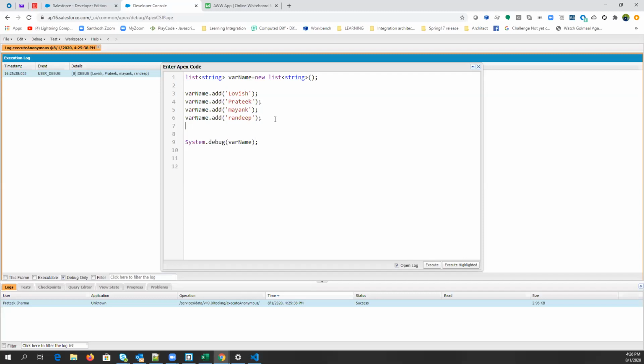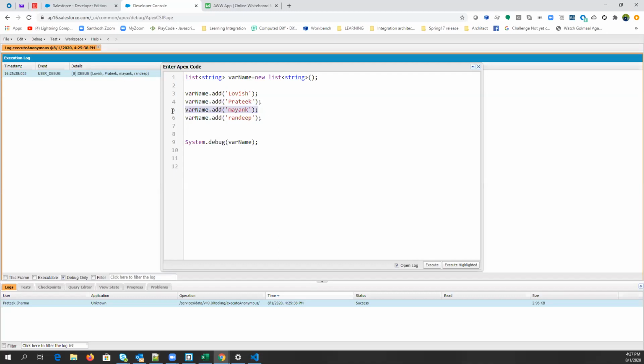But if you want to add a value at a specific index, let's say you can see here, what is the index of Lavish? 0. What is the index of Pratik? 1. What is the index of Mayank? 2. Randeep? 3. So in the same way, let's say I just want to store one value called Kalpesh at index number 2, in place of Mayank.